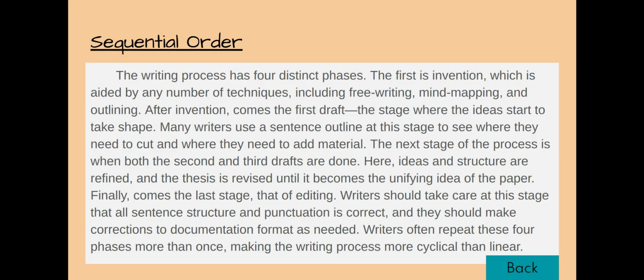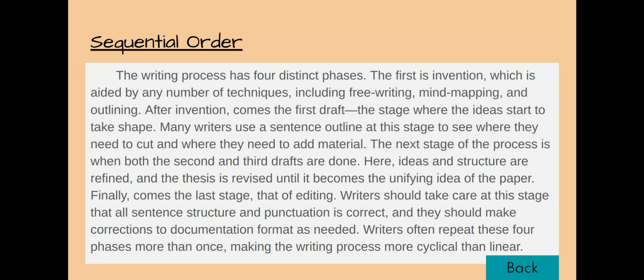Let's look at an example. The writing process has 4 distinct phases. The first is invention, which is aided by any number of techniques, including free writing, mind mapping, and outlining. After invention comes the first draft, the stage where the ideas start to take shape. Many writers use a sentence outline at this stage to see where they need to cut and where they need